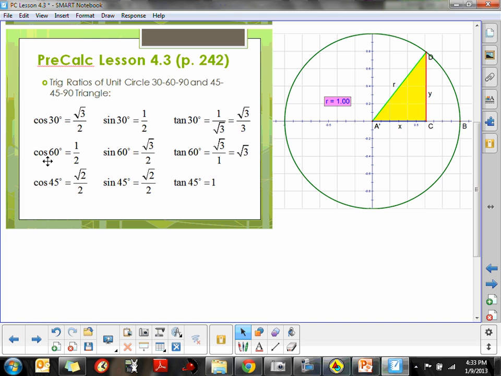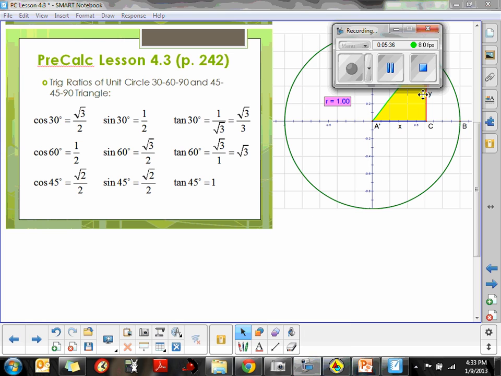So all those are the conversions. If we convert everything from your 30, 60, 90 and 45, 45, 90 right triangles, which have ratios of 1, square root of 3, 2, and 1, 1, square root of 2, and we drive them back to a unit circle, these would be the trig values for each of those. So sometimes it's nice to have those handy, and you can access